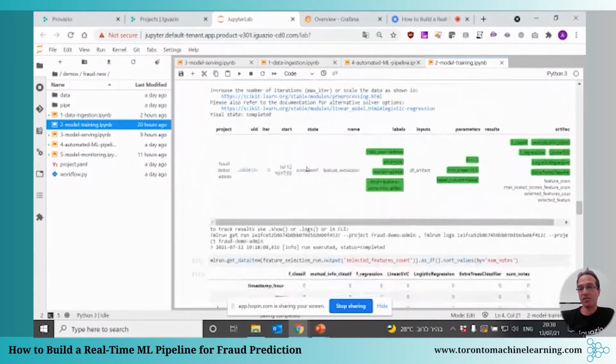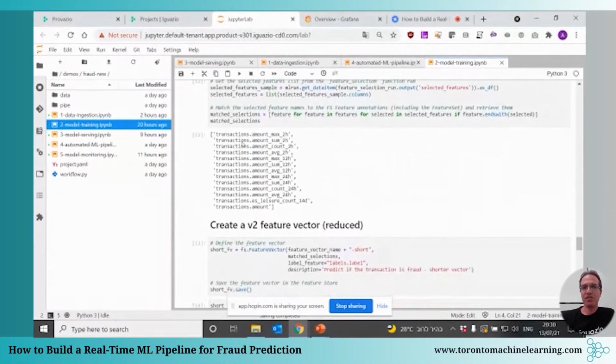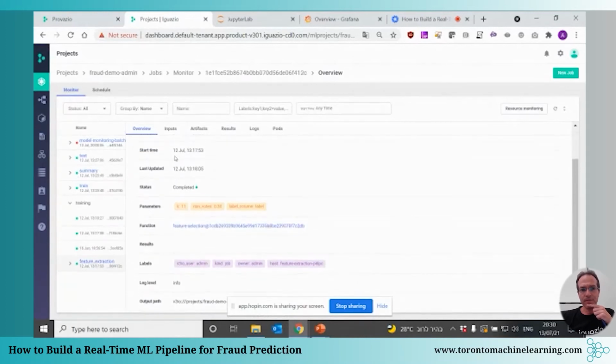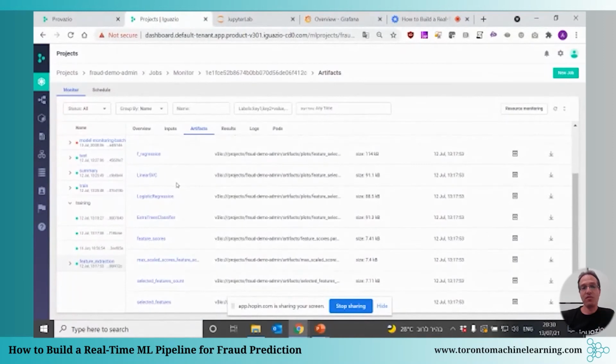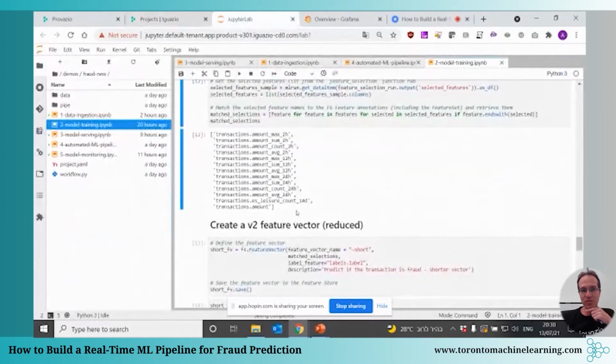It's yet another job, and the output of that job is a list of features that I'm going to use with my new feature vector. Again, I can go to the jobs, to the feature extraction, and see all the artifacts that this job was producing. For instance, the selected features are here, part of this job.